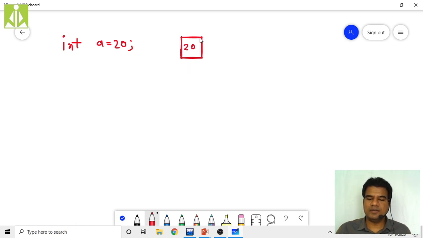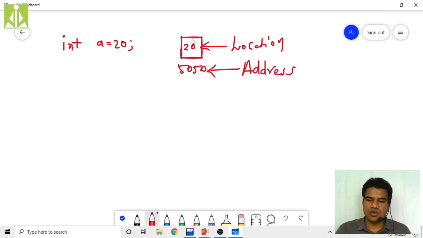Then what will be the address of this block? Some random address, I'm assuming some 5050. So this is your memory location and this is the address of that memory location.